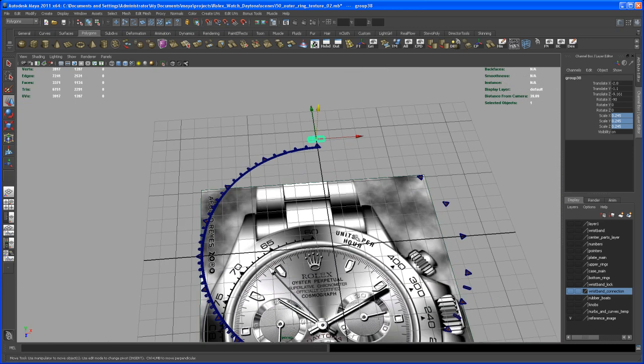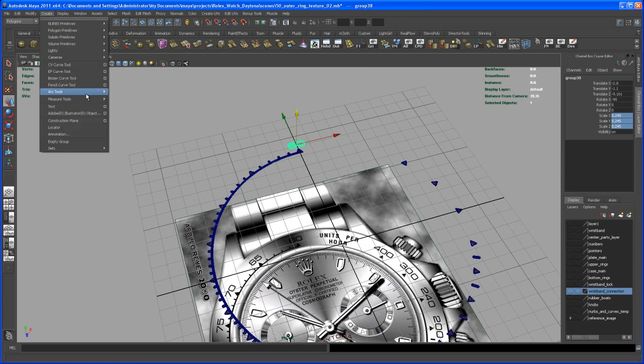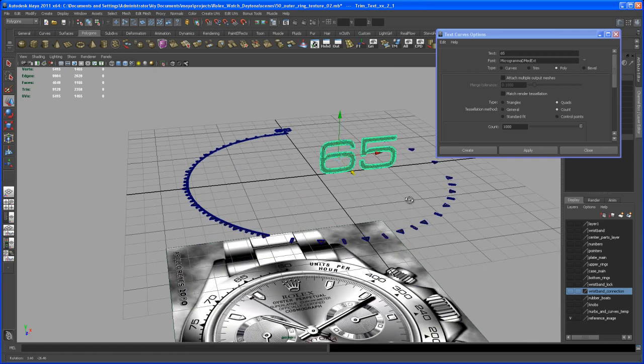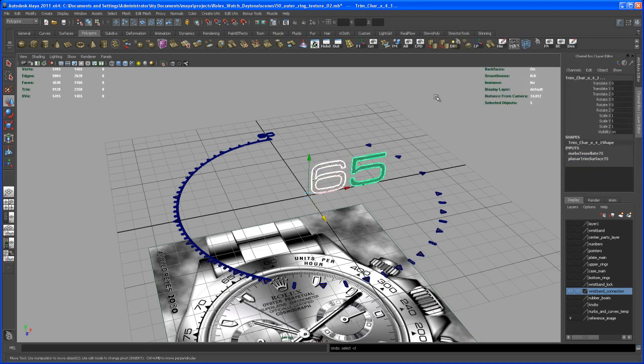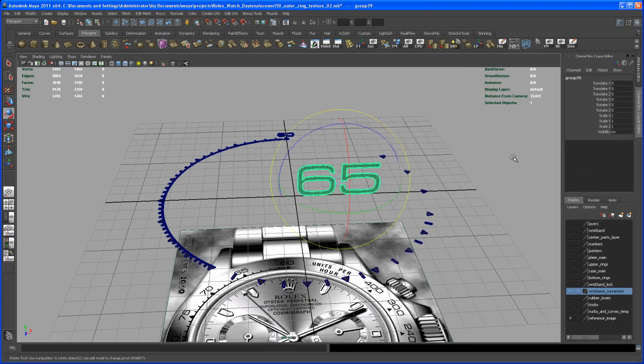And now we create the number, go here to create text tool and create the number 65. Say apply, and we do the same as we did with the number 60. So we select all of those here, and with all those selected, hit Ctrl G to group, center the pivot, rotate that guy negative 90 degrees in X,